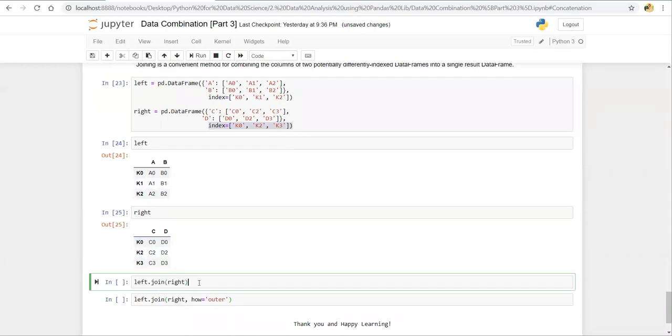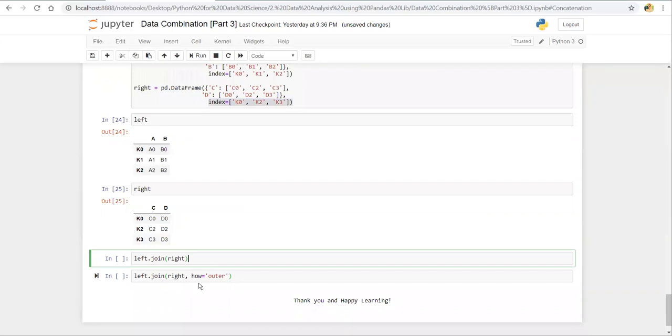The join function is not a part of the pandas library itself, but a method of the data frame. Here you can see that I am calling the join function on the left table, and in the join function I am passing the right table. It joins all the columns of the right table to the left table based on index.